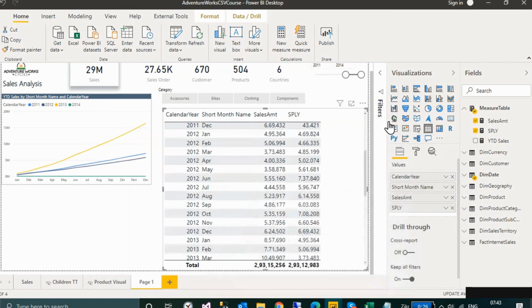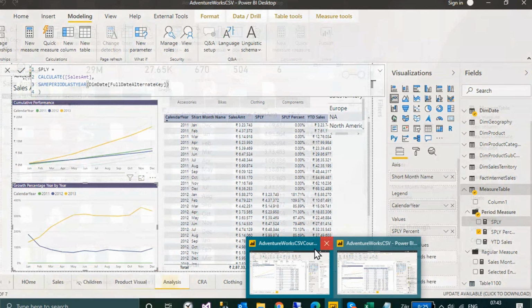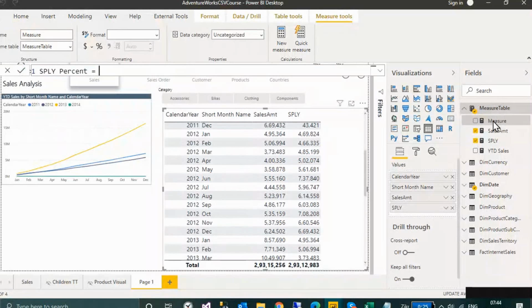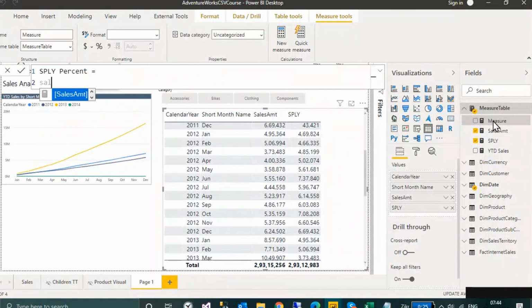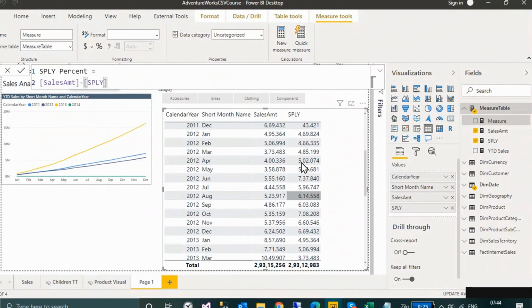So let's create one more DAX measure, same period last year growth percentage. We'll give it a name, same period last year percentage, equal to, I'll just use a simple one. So sales amount, this is a DAX measure that is working for this one, sales amount minus same period last year. So this is the one. If you commit this one and add this to this table again,